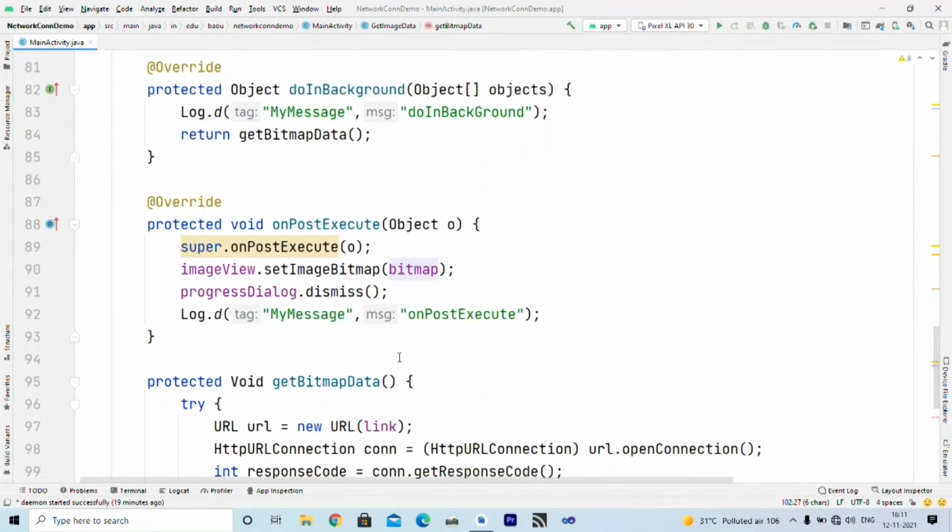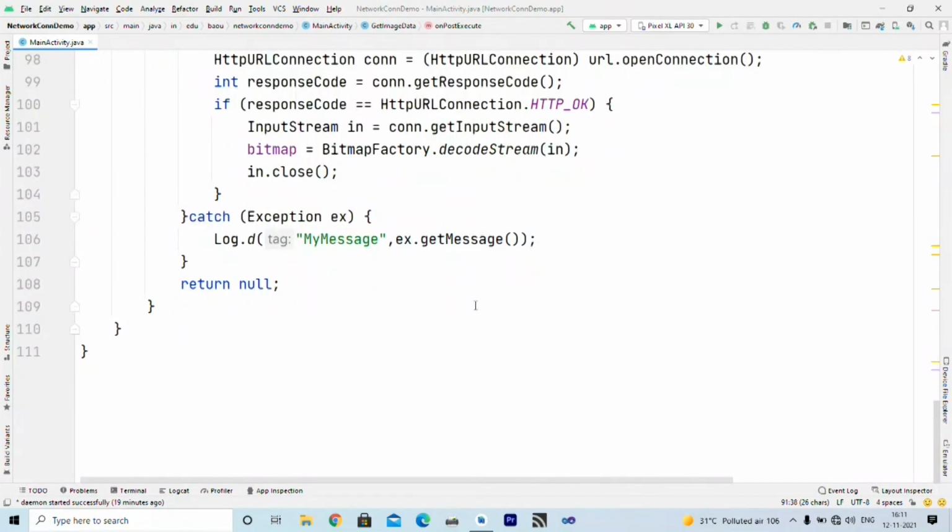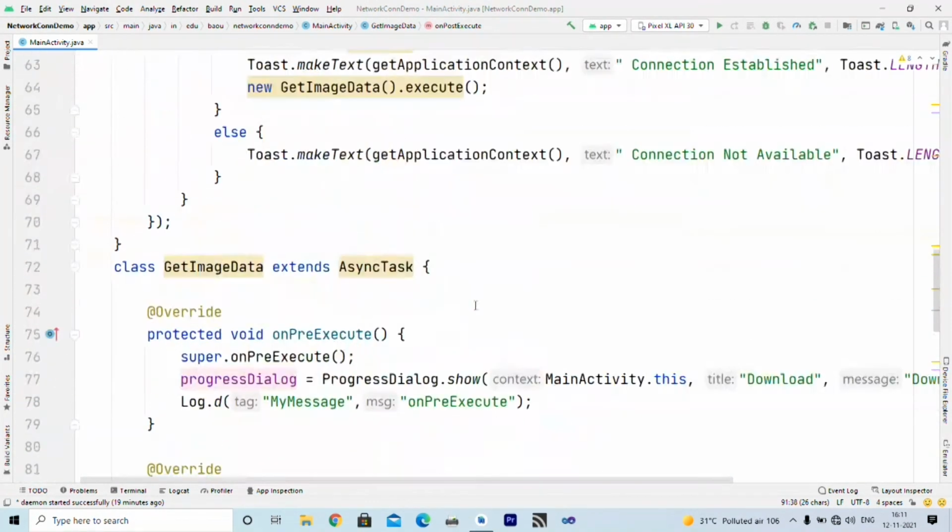You can see here that after doInBackground, it will call onPostExecute. So we can now set that bitmap as an image inside the image view using this method, right? And then we close this dialog box. So this is how this entire code works.